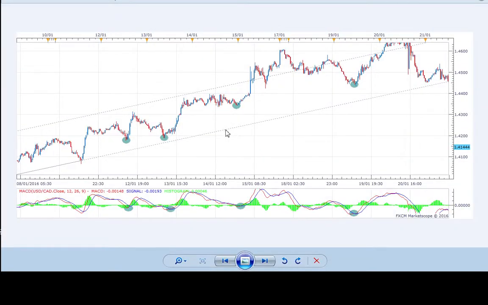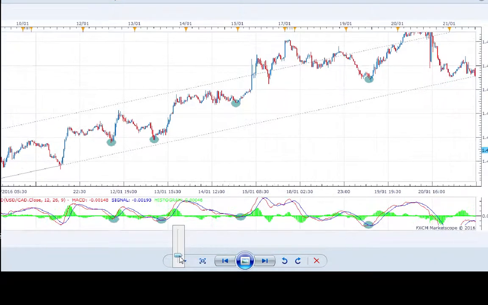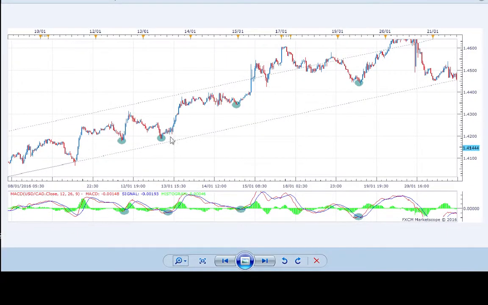Here's one I prepared earlier. This is a simple picture of the dollar CAD, and as you can see, it was from 2016, from around about January time. I don't think this is a daily chart. I would imagine this is probably a 30-minute chart, just from guessing. But you'll notice that there were some